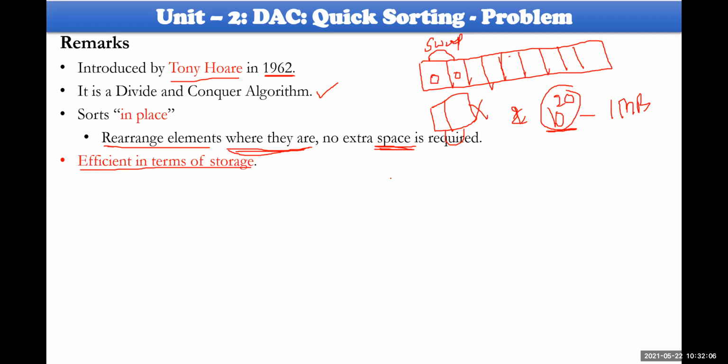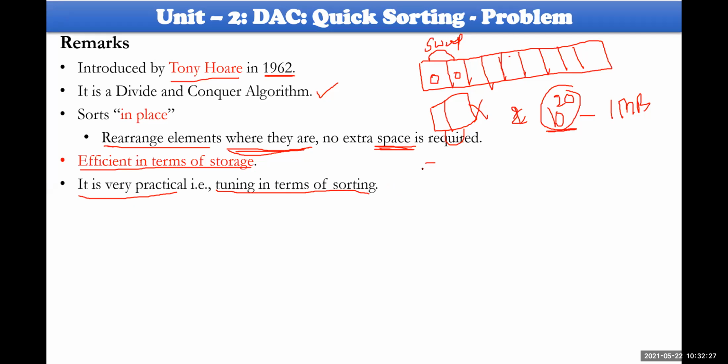Extra space is not required. Then it is very practical and tuning in terms of sorting. Tuning in the sense that it is a very fast algorithm. Tuning in terms of sorting is, I'm not supposed to agree with this particular point, but it must be written because